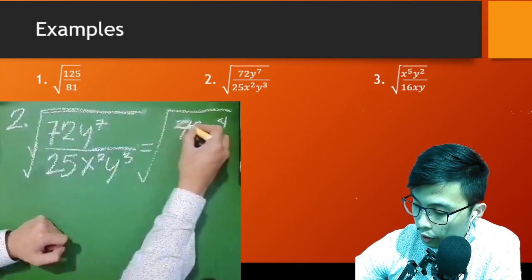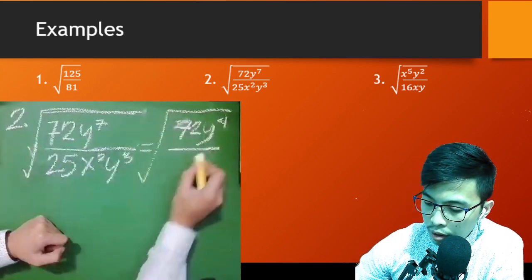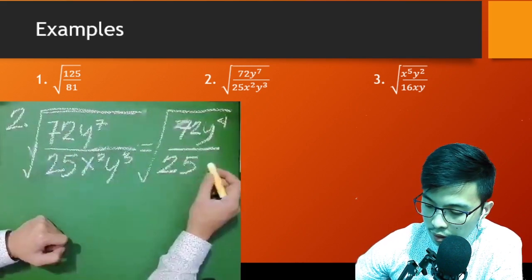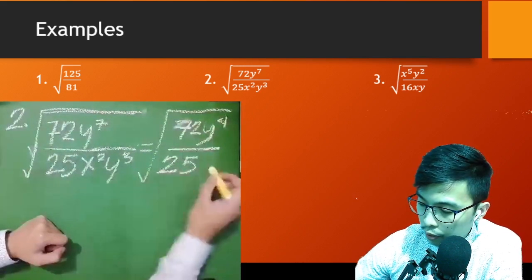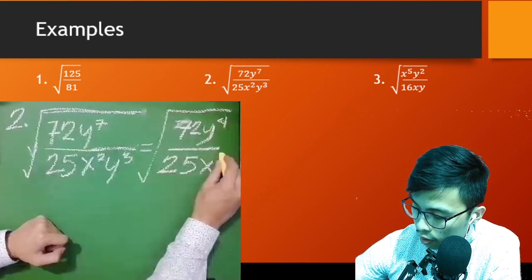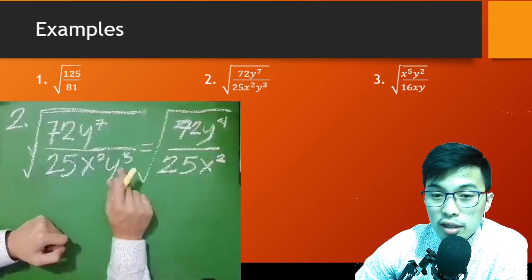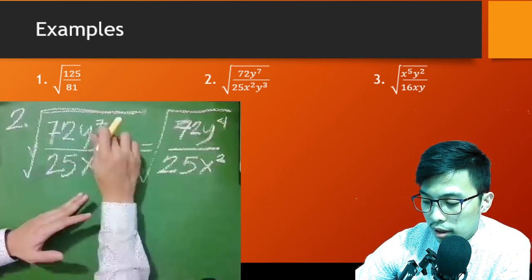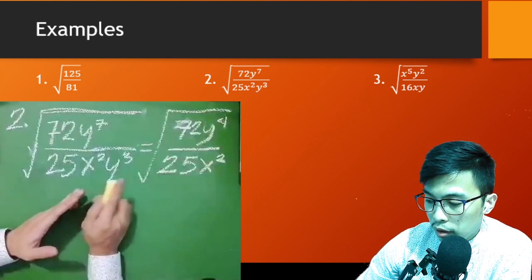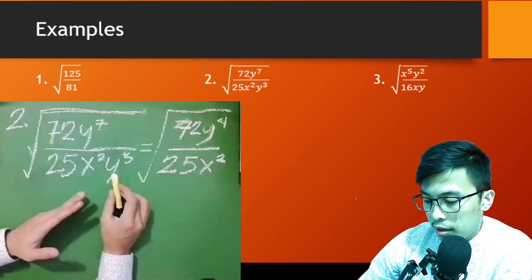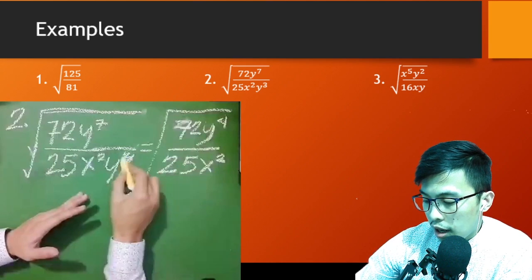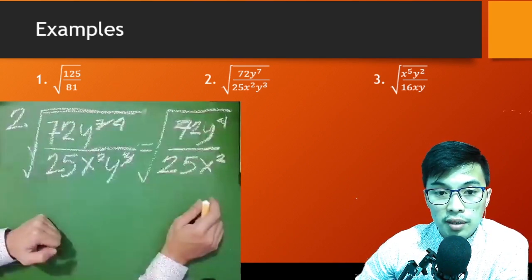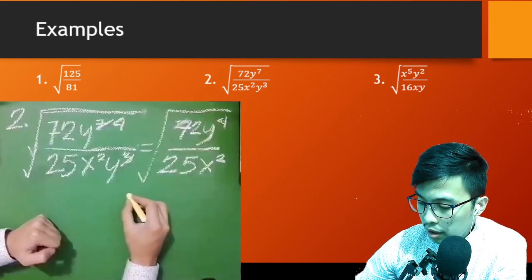By the way, this is 72 over 25 times x raised to the power of 2. Okay. So, si y raised to the power of 3, wala na siya. Kasi, sinubtract na natin yung exponent nandito sa taas. So, ibig sabihin, na-simplify na. Okay, to make it clear, ganito na lang. Cancel na natin yan. Tapos cancel natin yan. Gawin natin 4 dito. Tapos nire-write lang natin siya. Okay? So, again,